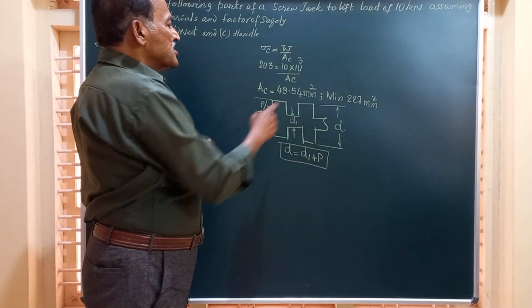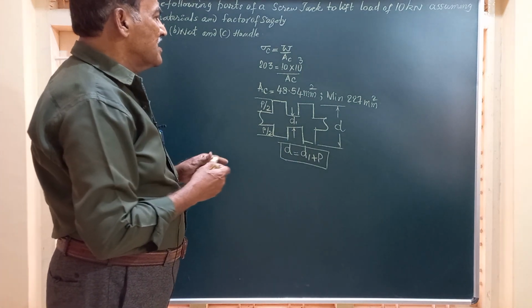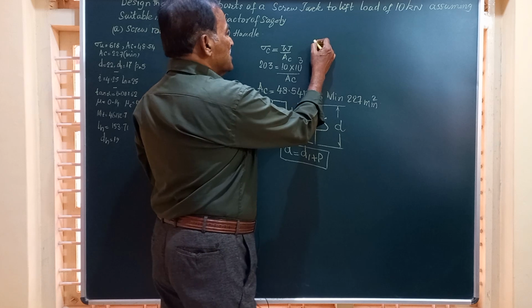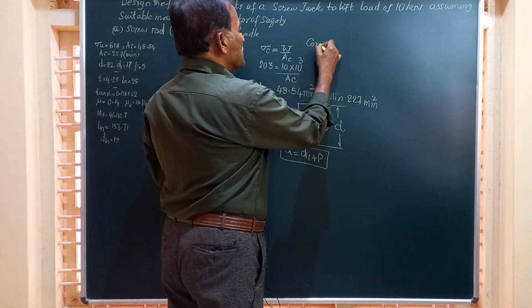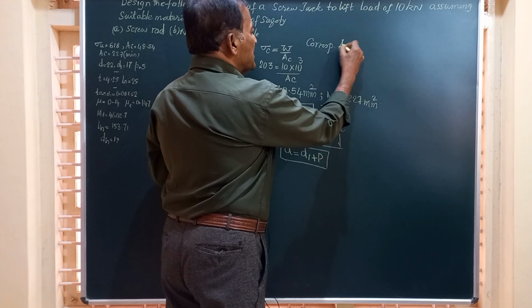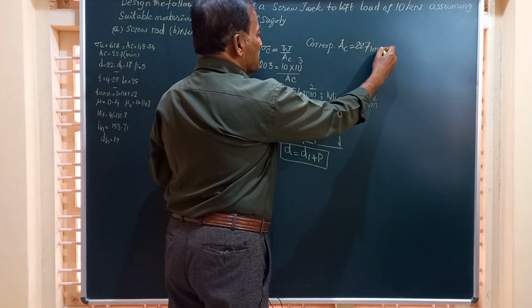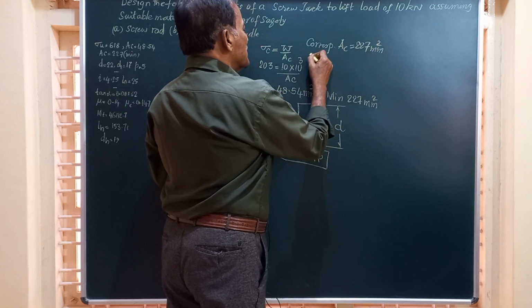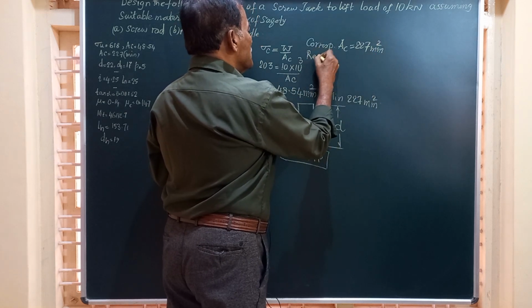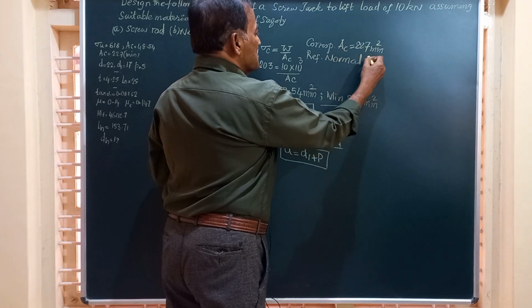So using this value of core area, we should be able to obtain, corresponding to core area Ac equal to 227 mm square, referring to the normal series square thread,